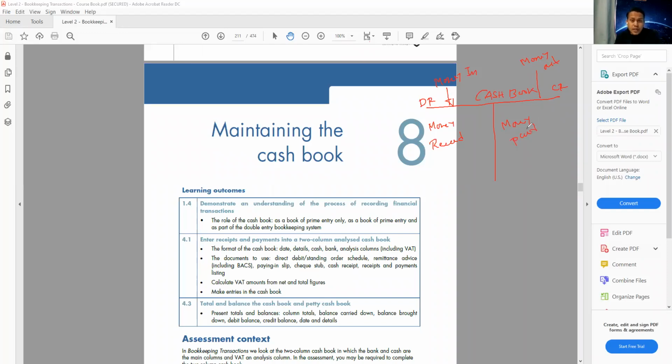Now, in most cases, we receive the money from our customer. Sometimes we receive money from the bank as bank interest, but in most cases, we receive money from our customer. So we can say,